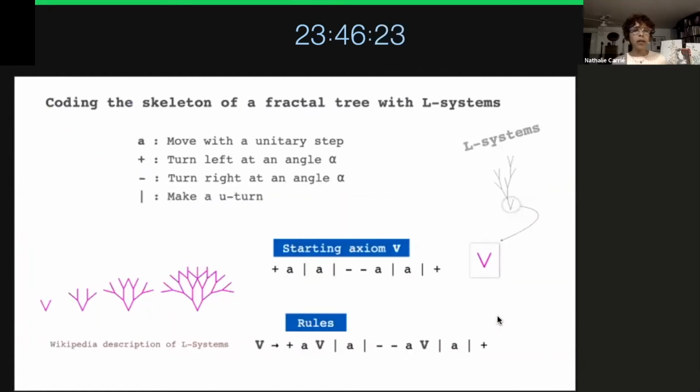So, coding the skeleton of a fractal tree with an L-system. Let A be the move with the unitary step, plus turn left at an angle alpha, minus turn right at an angle alpha, and pipe make a U-turn. If we use those symbols, you have the starting axiom: plus, A, pipe, minus, A,